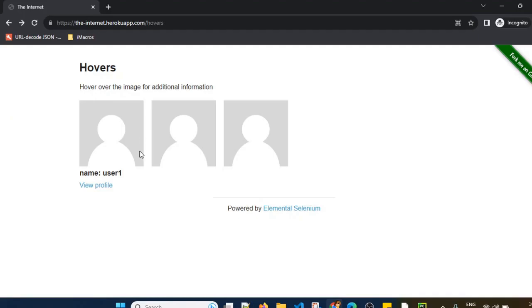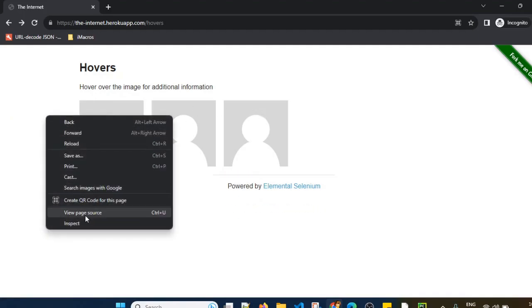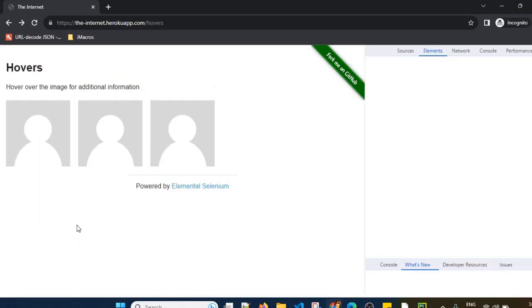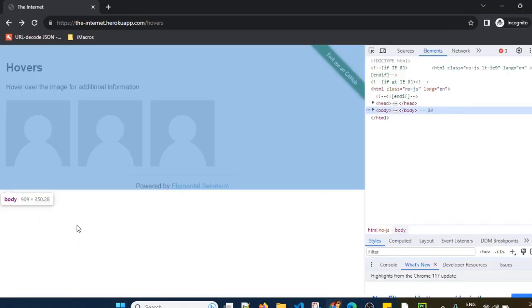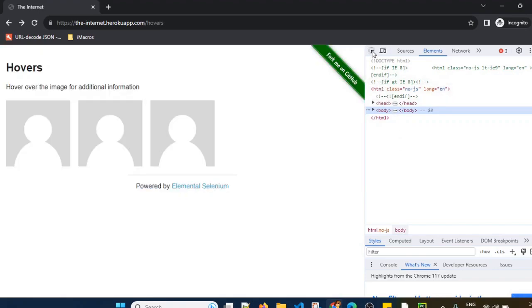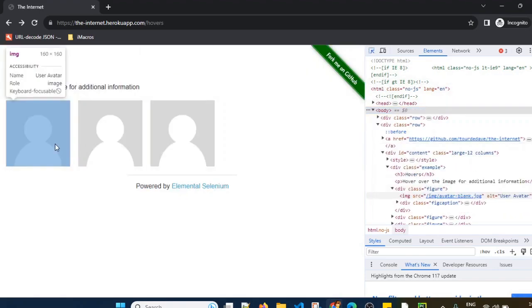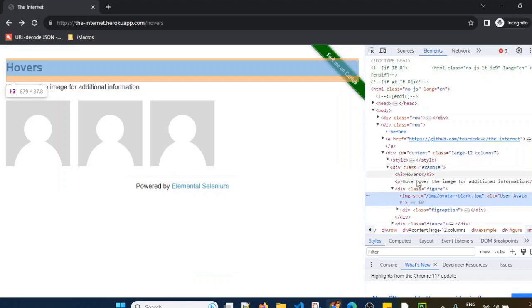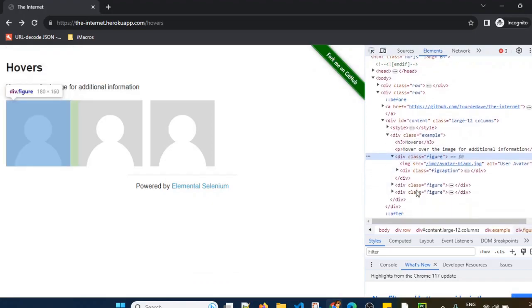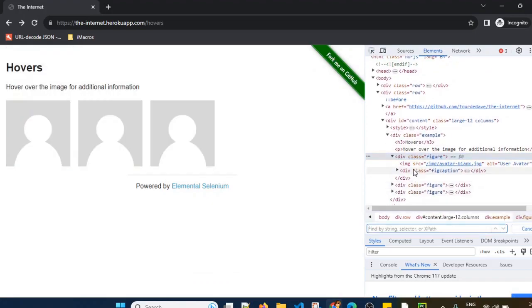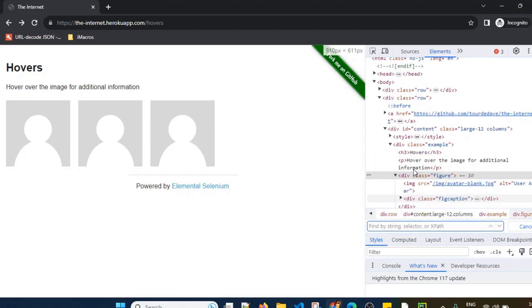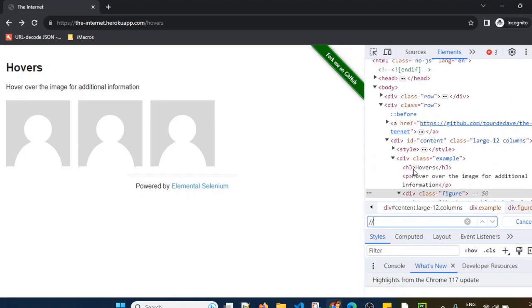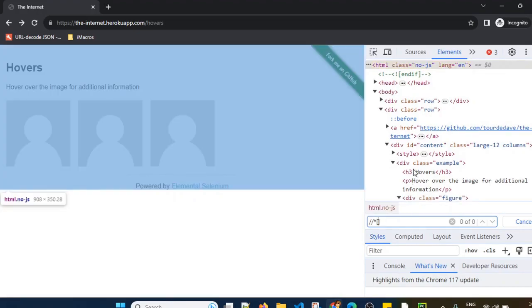I will first take this element. So we want to hover on all these three elements. So now let's inspect, and try to find out the XPath or any other locator for these images. So if you see, I am just writing the XPath now: Control F, two times slash, then I will use star, @class equals to,